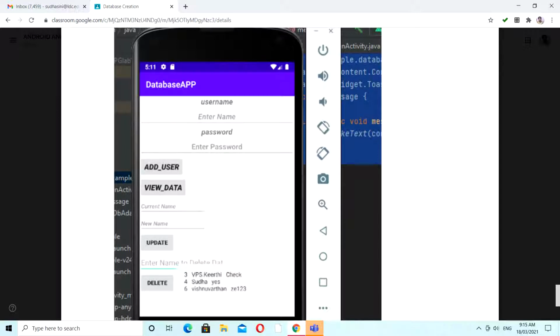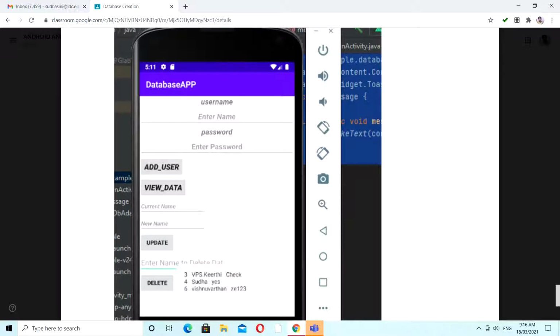Then if I click view data, the information which is stored within the database will be shown. Add user is not going to work only a single time. Any number of times you can insert data like username and password.